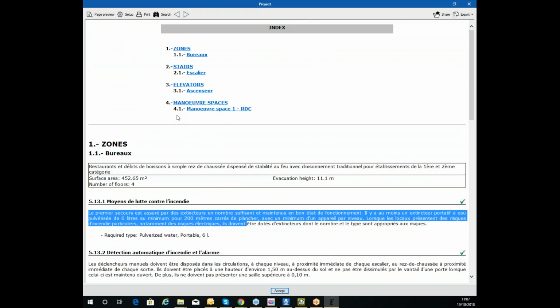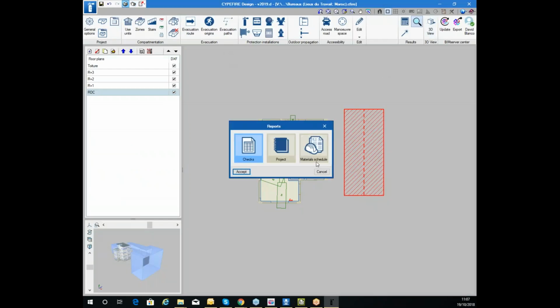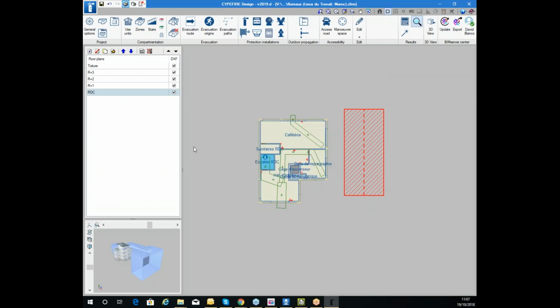Obviously, for all projects, the quantity of verifications and the size of the reports depend on the regulation and the verifications you define in the general options tab. Okay, so this is the complexity. And finally, the material list. Obviously, the same thing,